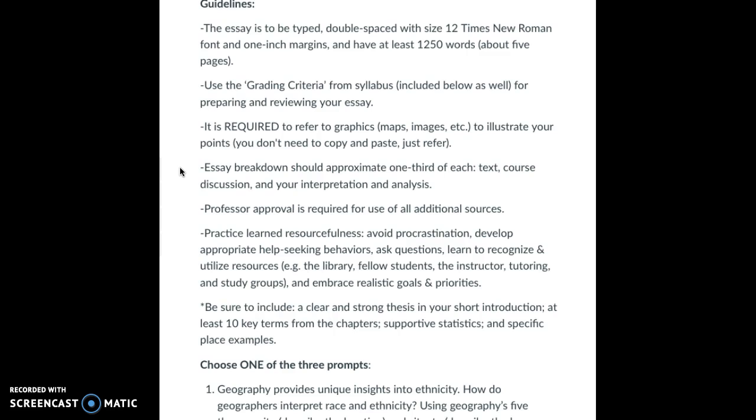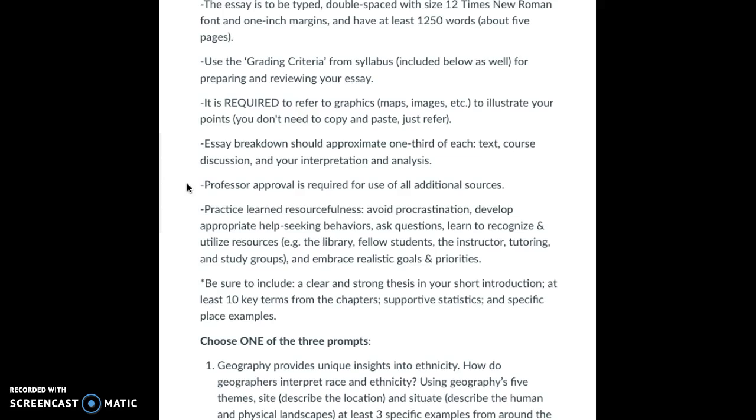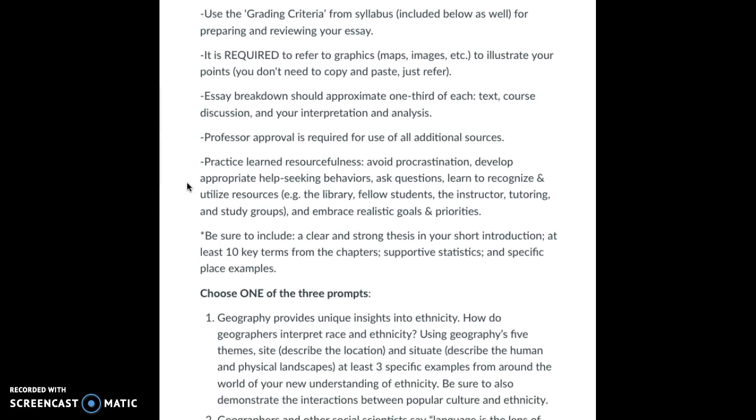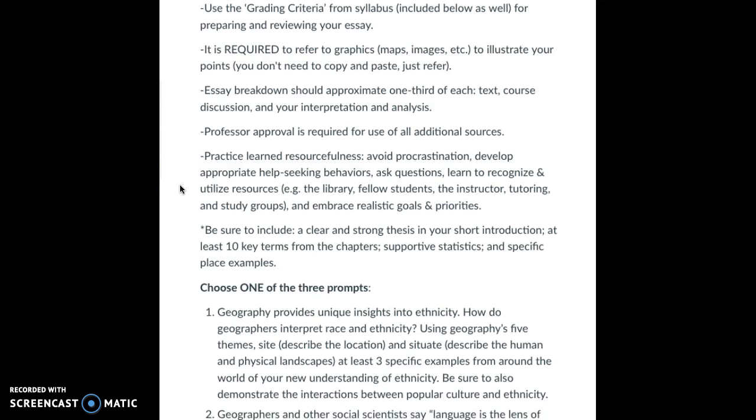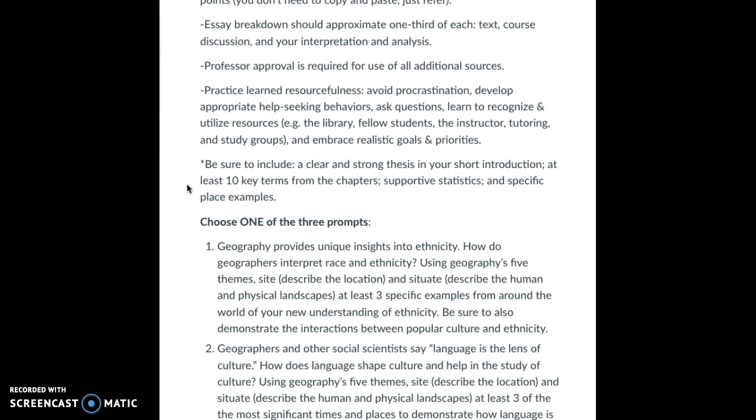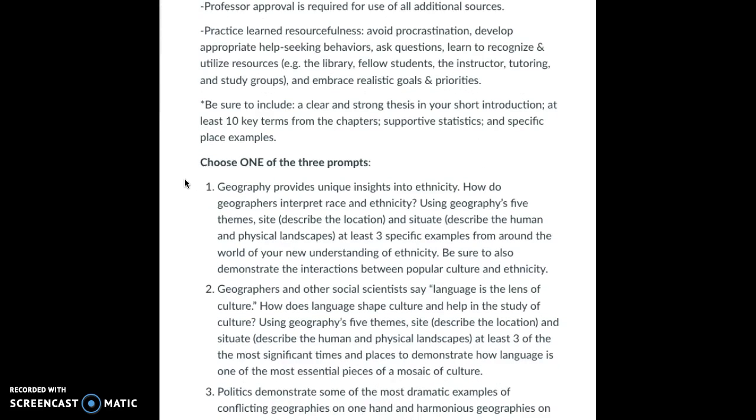Please avoid long quotations within your paper. Direct quotations within academic papers are reserved for very poignant, very specific, and important quotations. Next, you'll see that my approval is required for use of additional sources. This is to prevent students from using outlandish media sources. But if you view something already in the course and that hasn't raised a flag, feel free to use that.